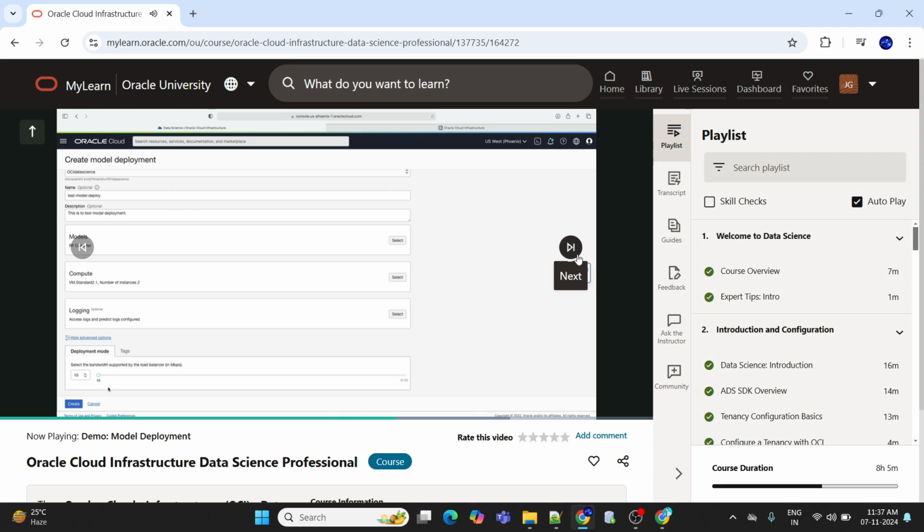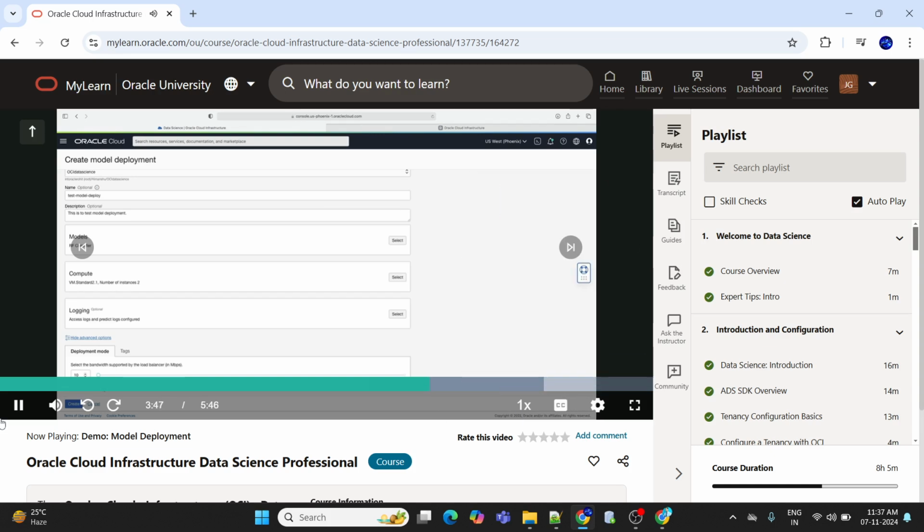So for example, if the payload is 1024 kilobytes and you estimate 120 requests per second, then the recommended load balancer bandwidth would be 1024 multiplied by 120 multiplied by 8 and divided by 1024. And since we always